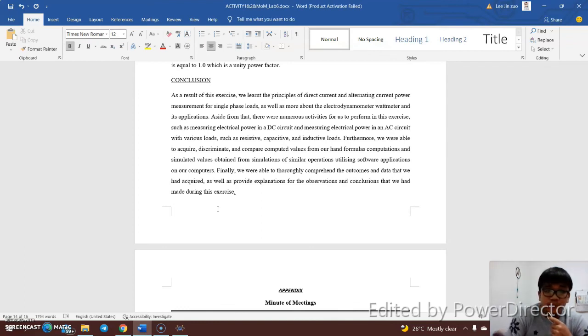Furthermore, we are able to acquire, discriminate, and compute values from our hand formulas and computations, and simulate the values from similar operations utilizing a software application on our computer. So finally, we're able to go through and comprehend the outcome and data that we had acquired, as well as provide explanations for the observations and conclusions that we have made